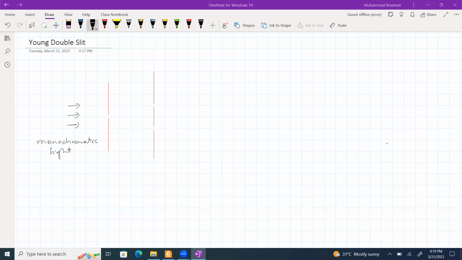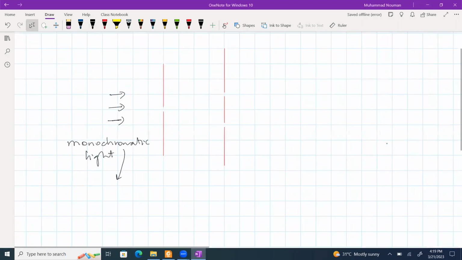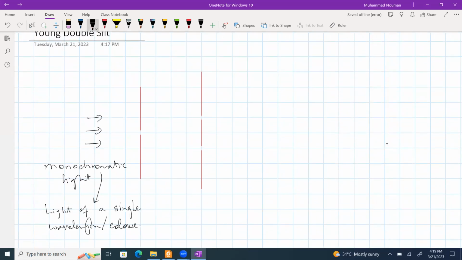There was a scientist, his name was Young, and what he did, he used a source of monochromatic light. First of all, let's study what's the meaning of monochromatic light. Mono word is taken from a word like one or single, right? So this is the light of a single wavelength or color, okay? It's simply called monochromatic light. Anyways, he used a monochromatic light and he passed it through the very small gap called